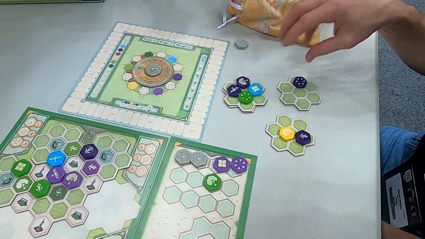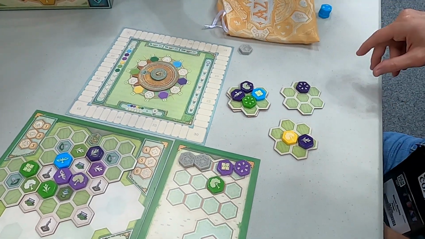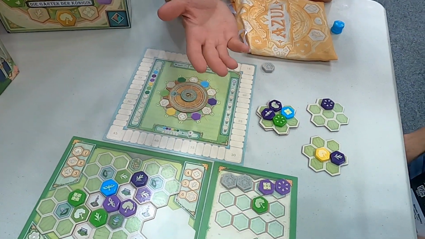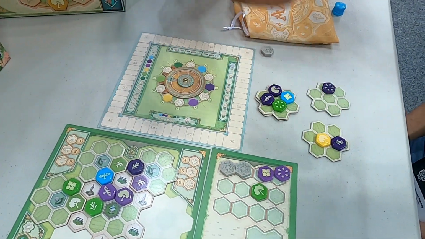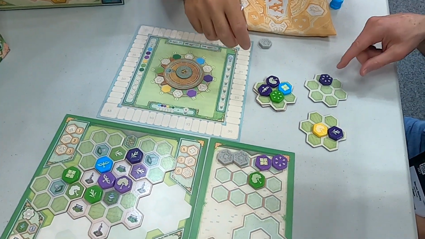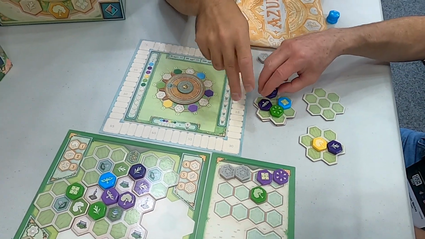So how many tiles can you take? There's no limit. But all tiles have to be the same color or the same symbol. Yes, okay. Same color or same symbol. For example, in that case, you can take the 2 trees, or you can take the 4 dark purple. And then, if you take them, yes, if you take them,